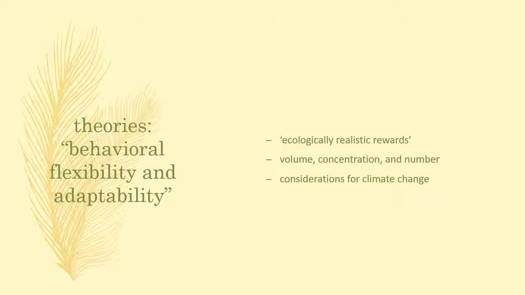We're going to call the third theory behavioral flexibility and adaptability. And so while flower constancy was previously linked to color and spontaneity, new research is showing that honeybees are a lot smarter than that, and they can actually adjust their floral constancy given the ecologically realistic rewards available to them in the environment. So what honeybees are looking for is flowers with the highest energy concentration, and they're able to adapt based on the volume, concentration, or number of a combination of the factors of nectar, pollen, color, petals,